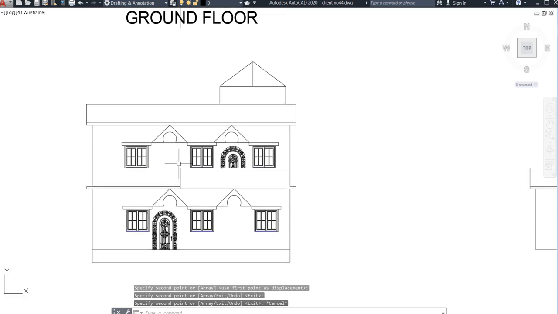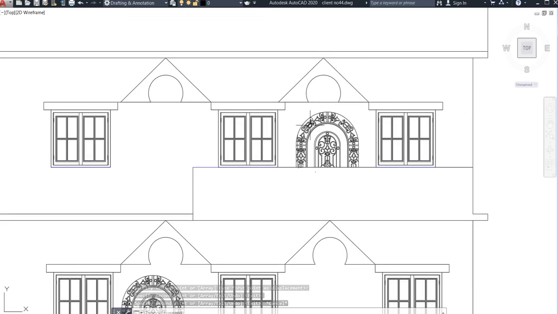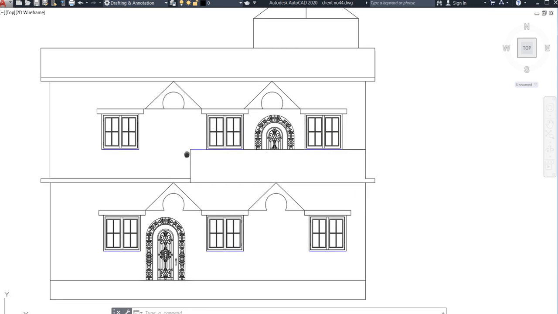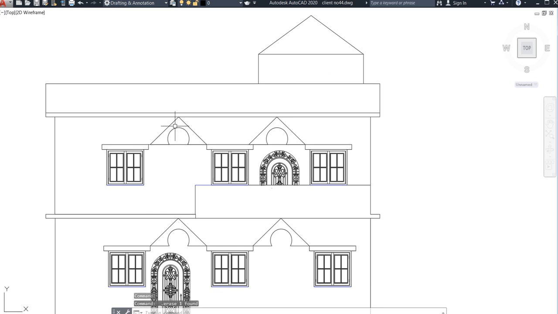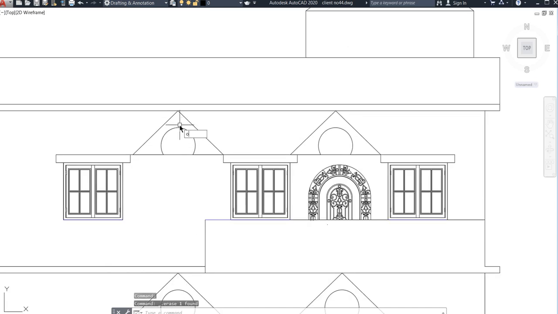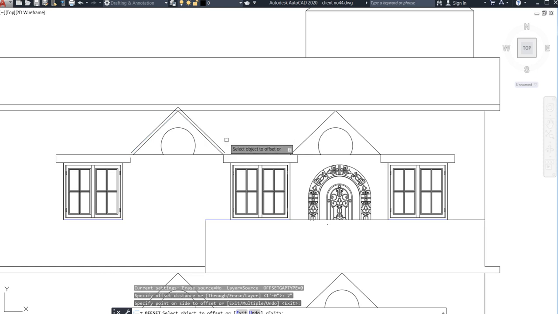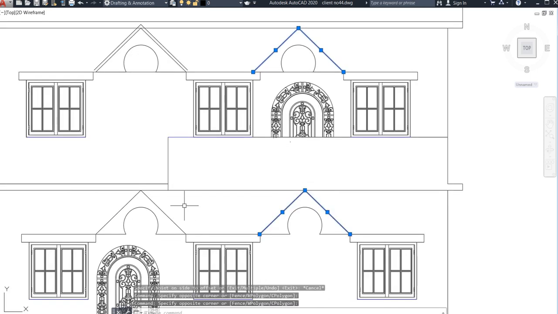See, in this way we have drawn this, right? After that, you need to trim this one, just delete this. After that, once you do offset, before going to offset, join this one. So select this and this, just go for join command, enter it. Now go for offset command of 2 inches would be better, not from the outer side. If you go for the outer, that's also cool. So just join all this. Now I'm going to join all this first of all.